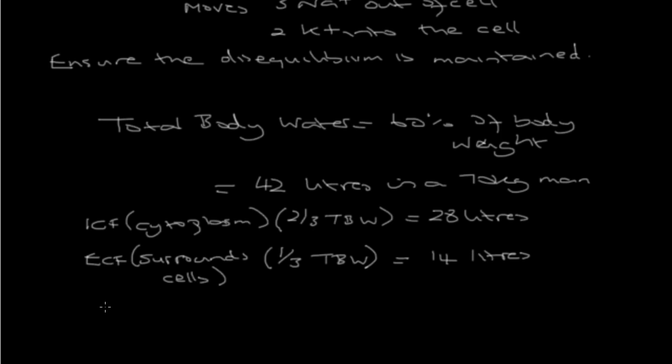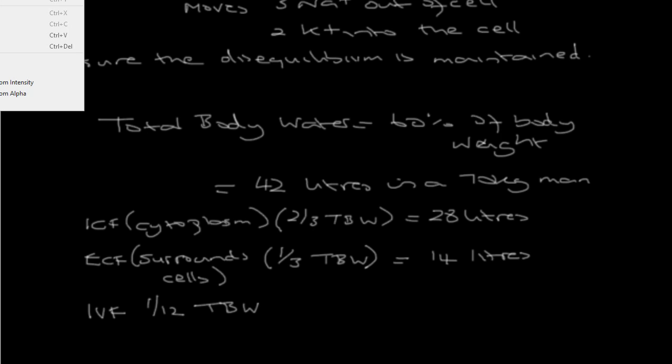And then a final point on this, that the intravascular fluid, or the IVF, that is the fluid inside the circulation, so the blood, if you like, plasma and blood, is actually only 1/12 of the total body water. So actually the plasma and the blood forms only a very small part of fluid volume. Okay, so let me just clear that. So we've just talked about compartments there and the constituents of those compartments. Okay, so let's move on to talk about